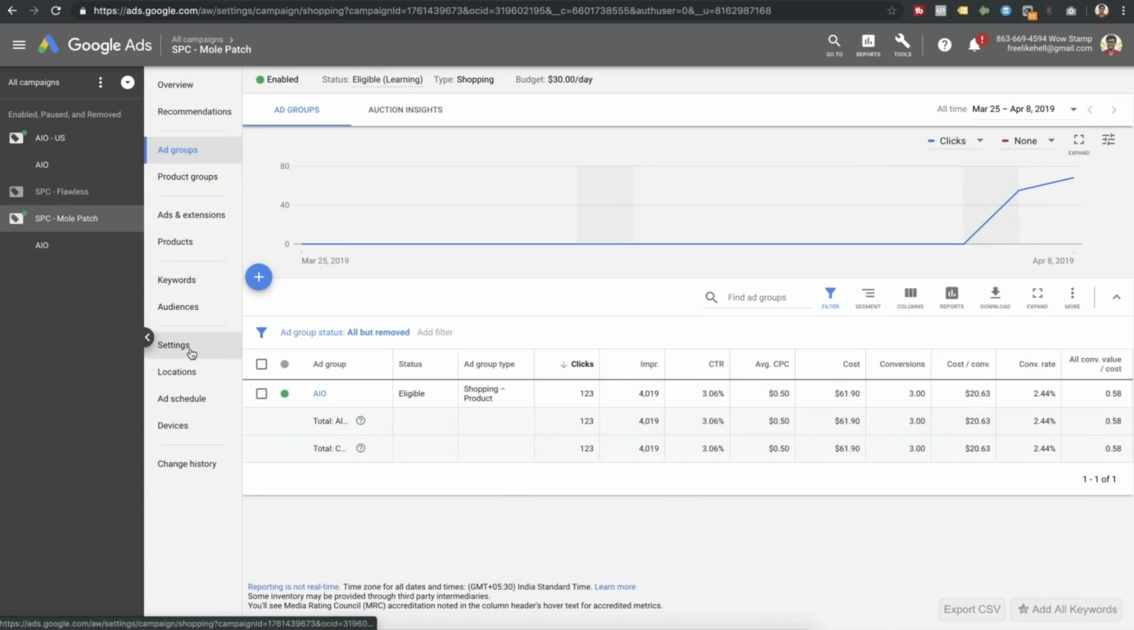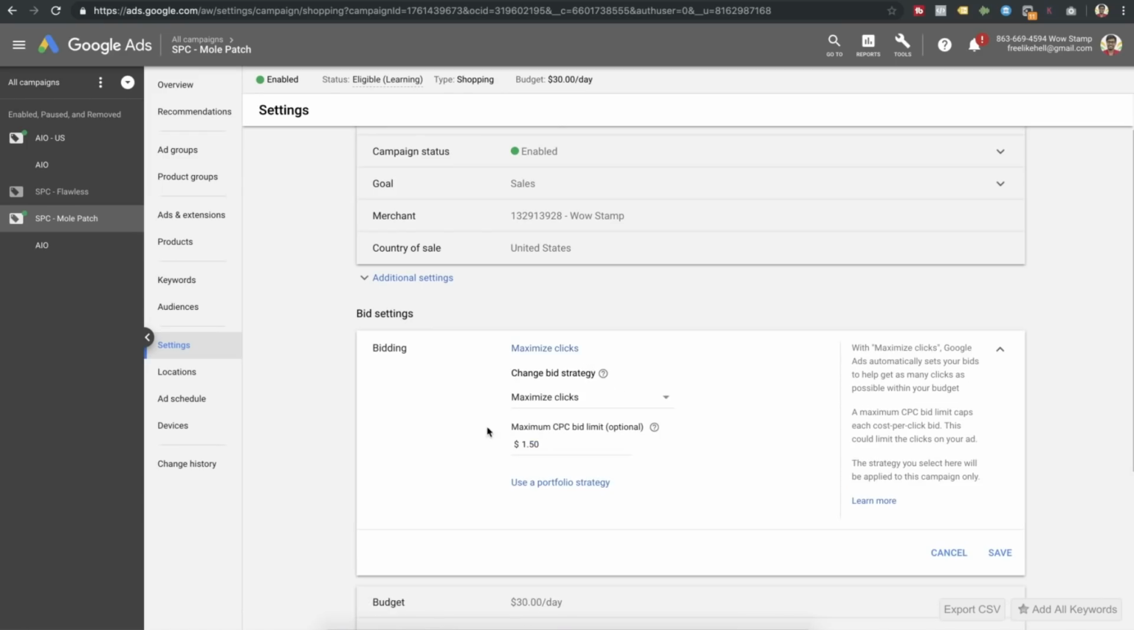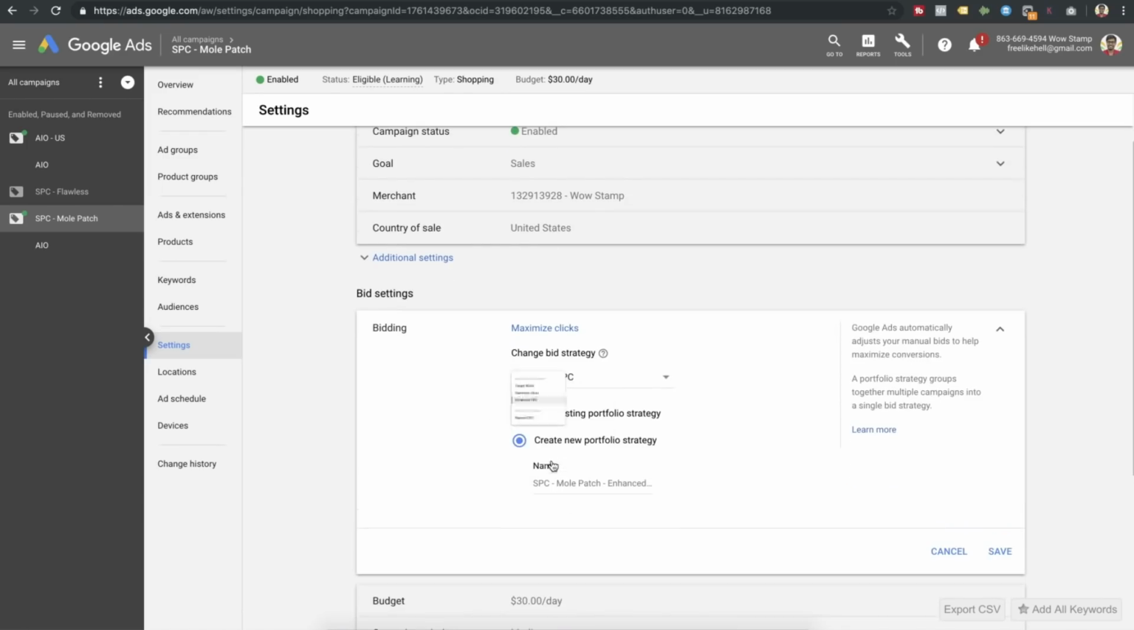So I did it just to test, just to see if creating a new SPC actually got results. And as you see, the cost per conversion is actually lower than what I have inside my AIO campaign. So what I want to do right now is change the bidding strategy from maximize clicks to enhanced CPC. So the way to do that is basically I go inside this particular campaign, go inside settings, and then I'm just going to click on bidding and then change the bid strategy from maximize clicks to enhanced CPC, and then